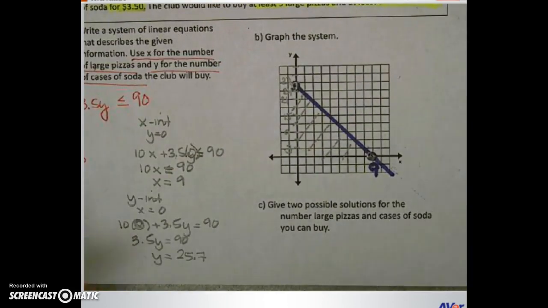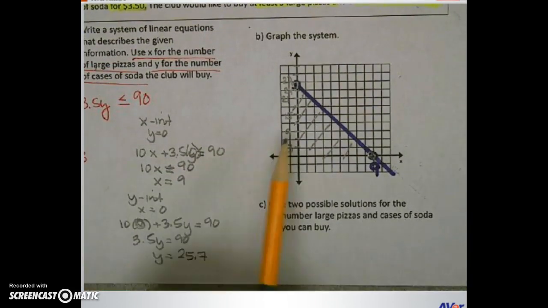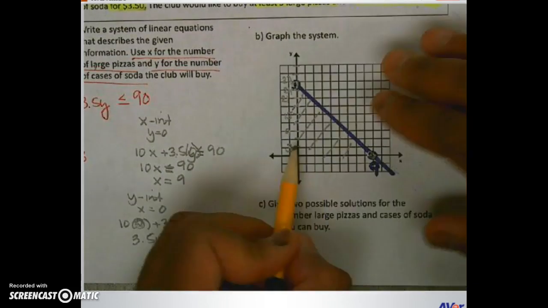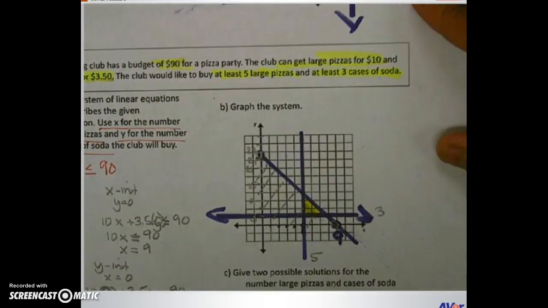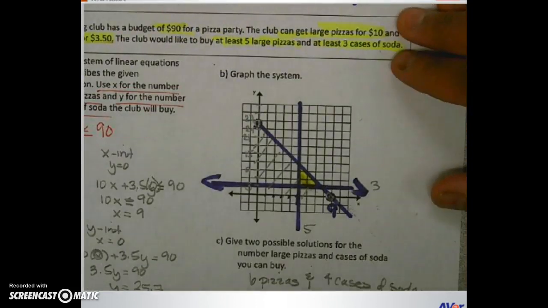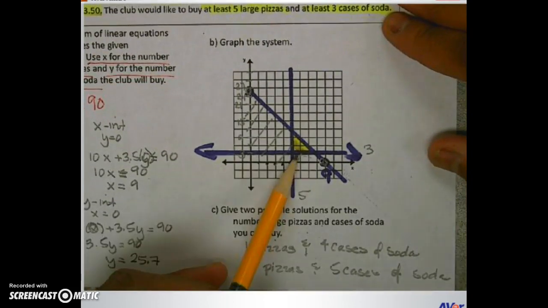Take a moment please and graph these 2 lines as well, but don't forget we changed the scales to go by 3. So this one's going to be right there instead. So check your graph, make sure it matches mine, and then for the final part, give two possibilities. Well, one possibility is 6 pizzas and 4 cases of soda. It's anything that's in this region, so it could be 7 and